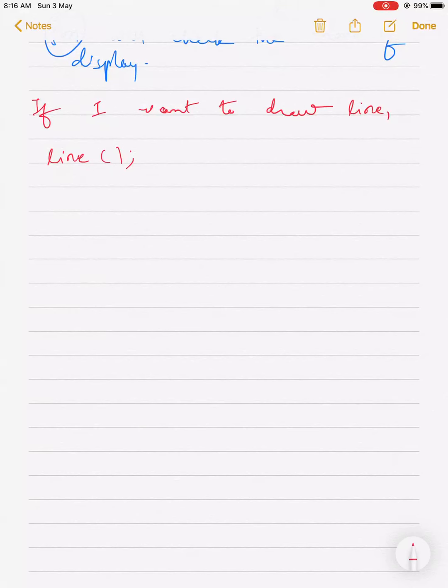The original syntax is line(x1, y1, x2, y2), like this. Here you are going to mention the coordinates x1, y1, x2, y2, if you see in the output screen,